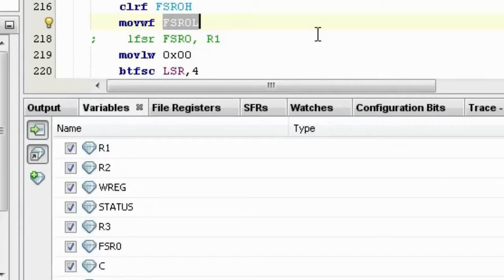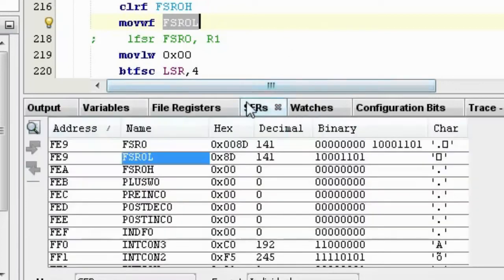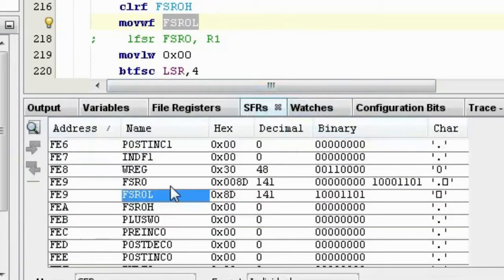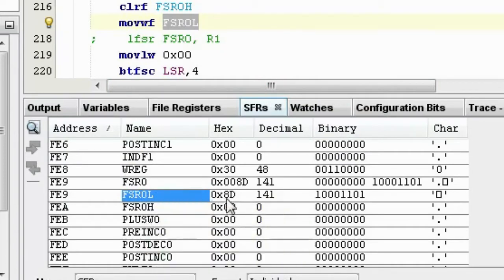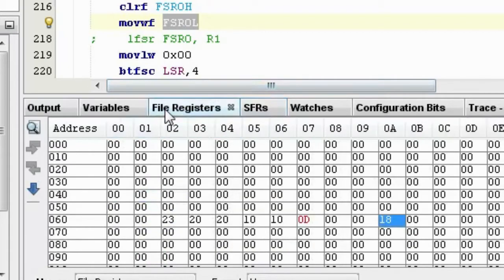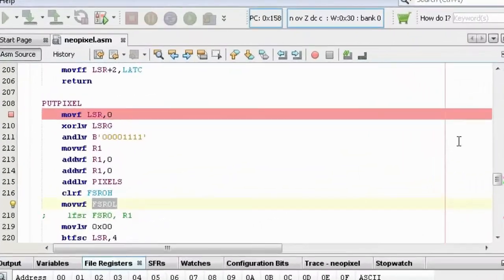And what's that? Well, if you look in here, you have some registers called file select register. Right now it's pointing at 8D. So if you look in the file, you can see 8D, it's pointing here. So it's just a pointer. You can't access data from there. But when you have a table like pixels,